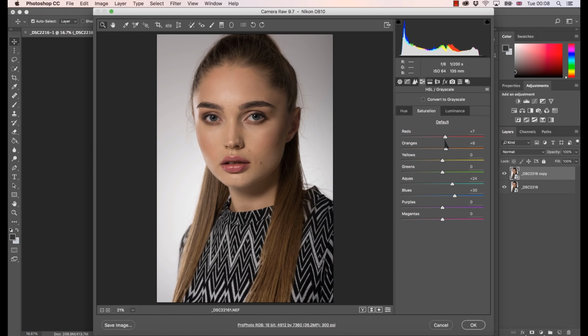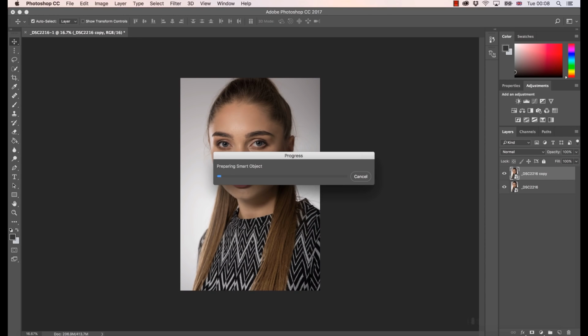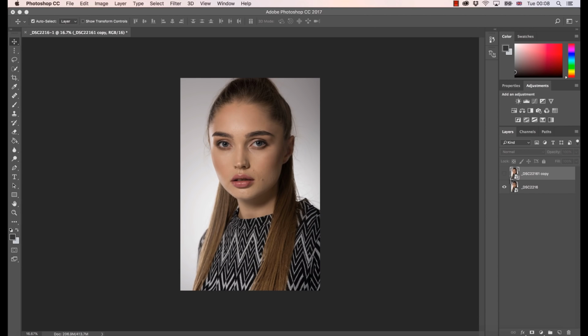Also, let's go to saturation and maybe put slightly more saturation, and luminance, do we want? Maybe just a few points. This is not something I would necessarily do for this image, but for this presentation it's a great example. And now I'm going to hit OK, preparing Smart Objects right now,